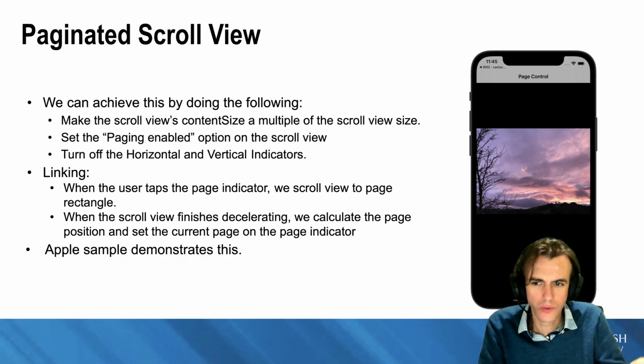To handle the user interaction on the scroll view, when the scroll view finishes decelerating, as in the user's finished dragging it, we calculate the page position and we set the current page on the page indicator. So over here, this is the page indicator. Here's one of the views within our scroll view, or one of the pages, I should say, within our scroll view. And this screenshot is actually from an Apple sample project that demonstrates this pretty well,